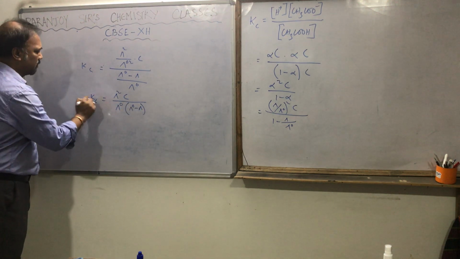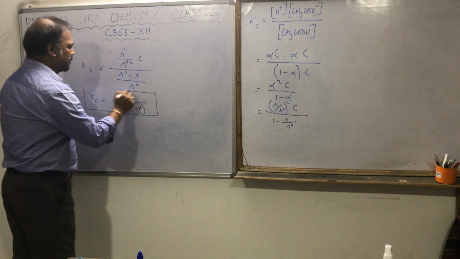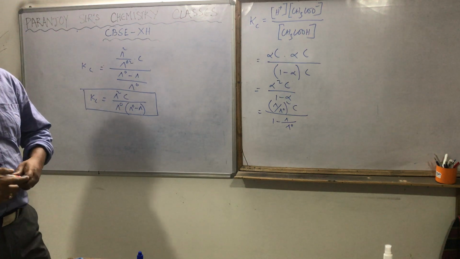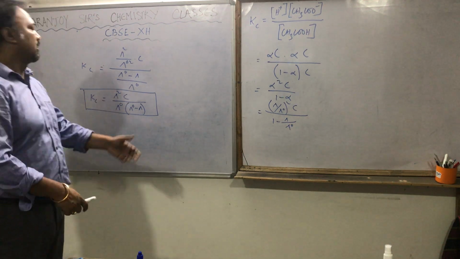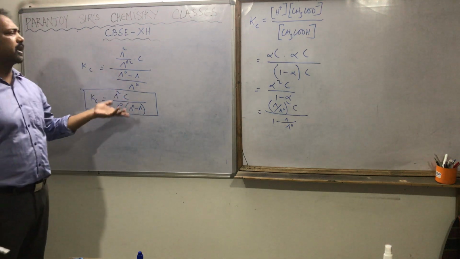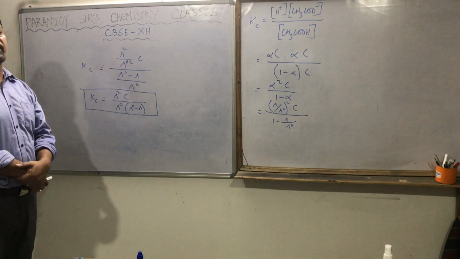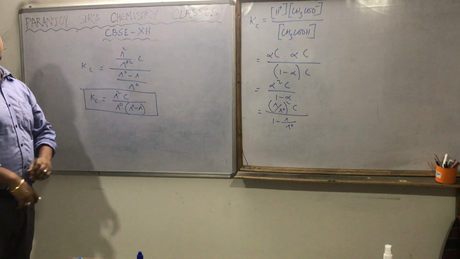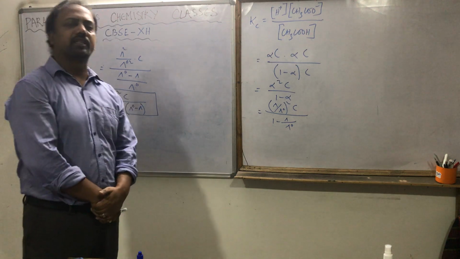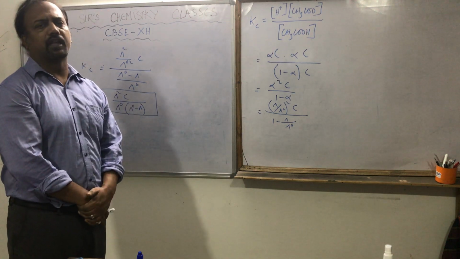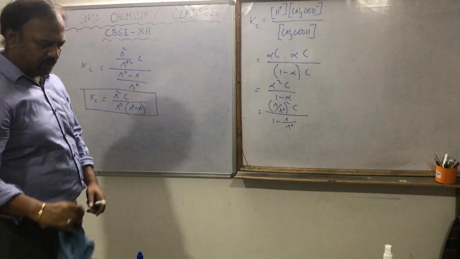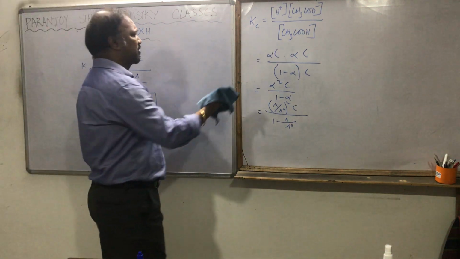This is the value of Kc, the equilibrium constant or the dissociation constant of the weak acid, in terms of lambda and lambda naught. Now if any term is given and a numerical comes, the other one you have to find out. I already taught you that you just have to frame the question, and you will see that everything is given and only one thing is unknown, and you can very easily calculate that. So that's all about conductivity, molar conductivity, the basics of it.